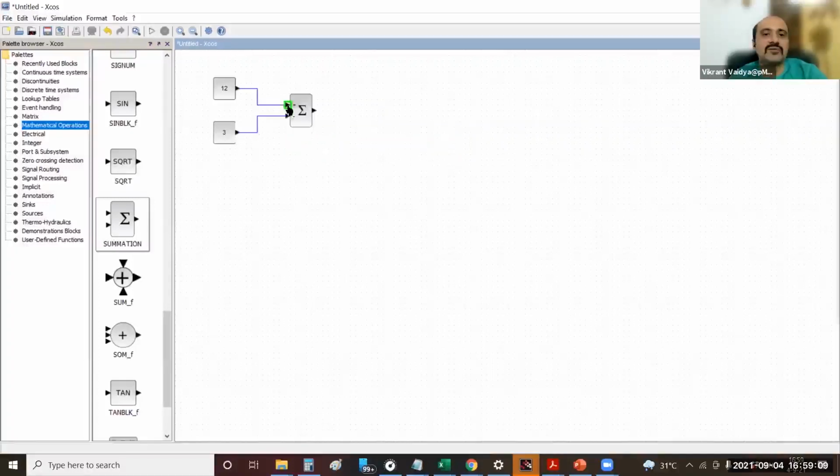If it doesn't become green and if you leave it there, it may seem like it has connected, but it will not connect. Okay, let me show you that. If I leave it like this, mostly it will not let you leave it like this.